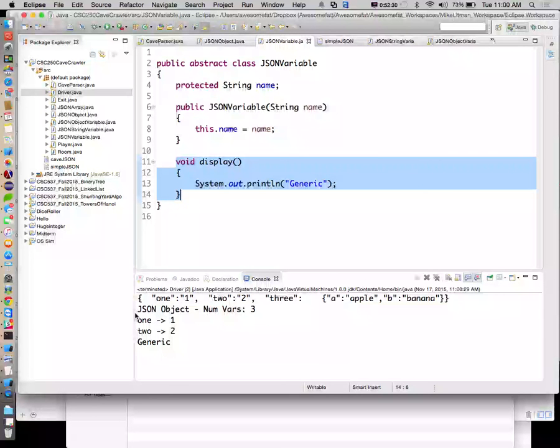And there is our 1, 1, 2, 2, and then our generic. Because our JSON objects currently do not know how to display themselves. Make sense? All right, so now let's go into our